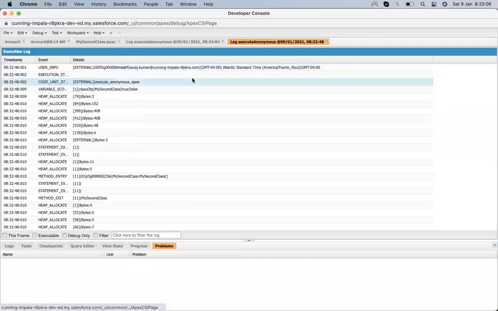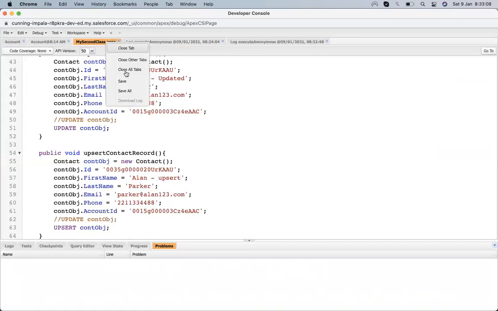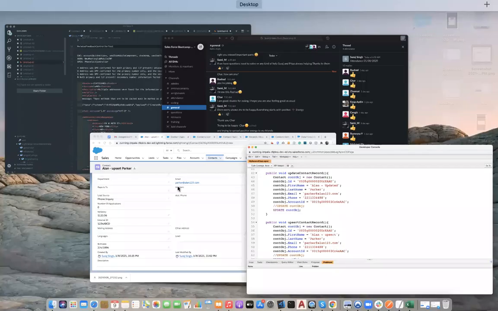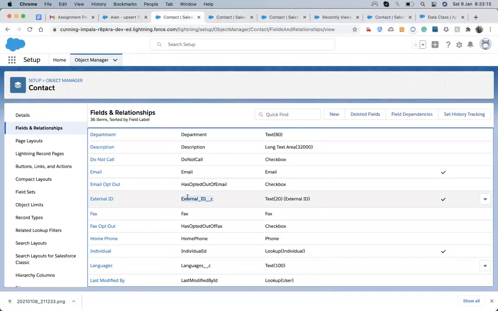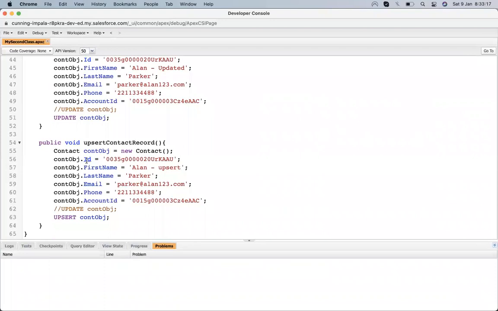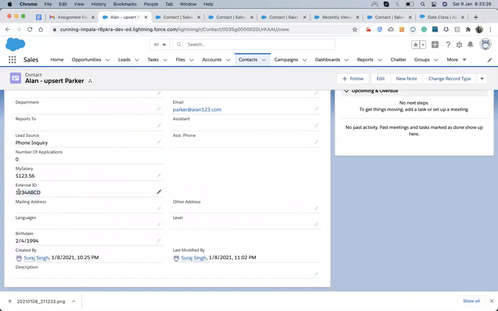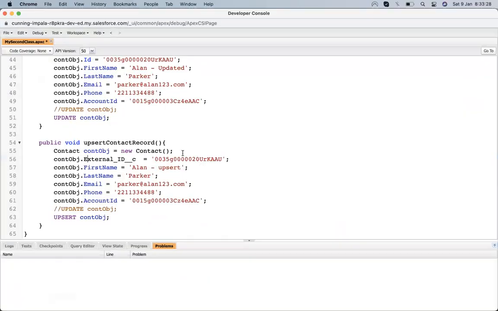Now, in this one, let me check, maybe the external ID is working with this. So I'm changing this external ID value, 1, 2, 3, 4 ABCD. Yeah, I got confused between update and upsert.